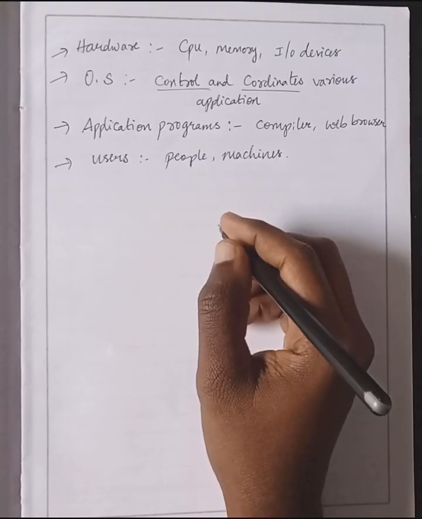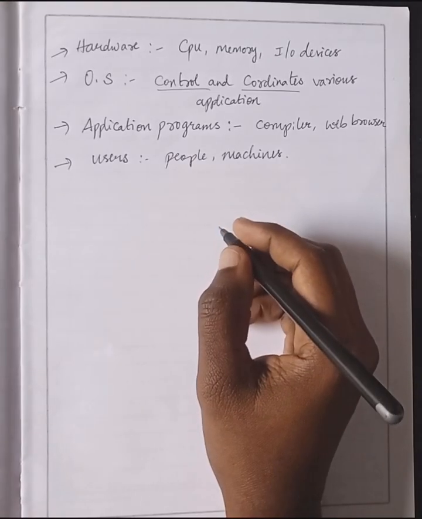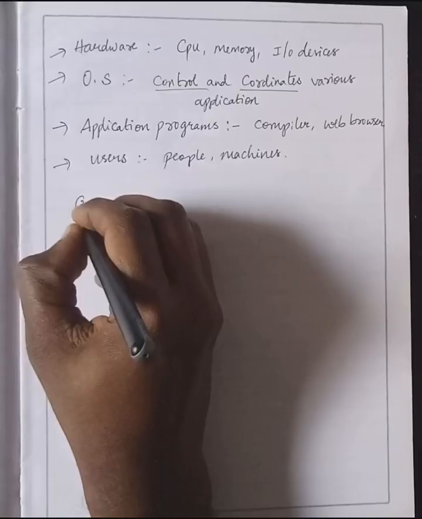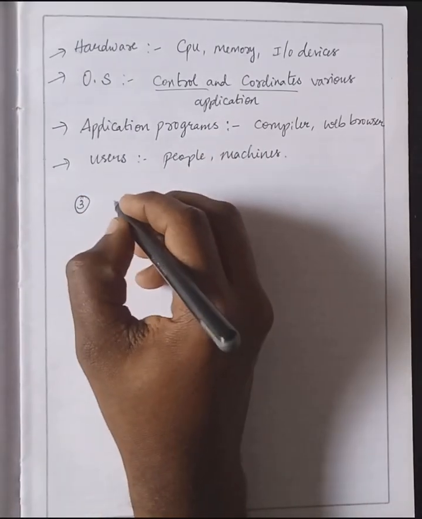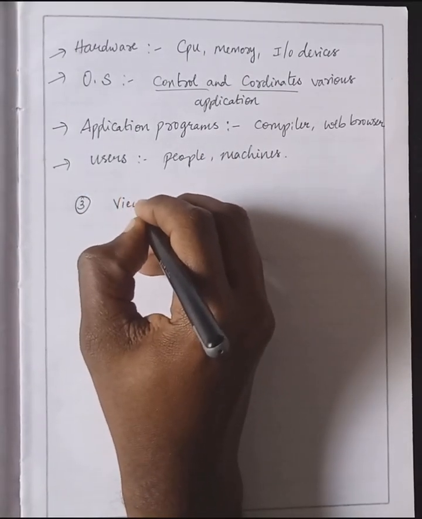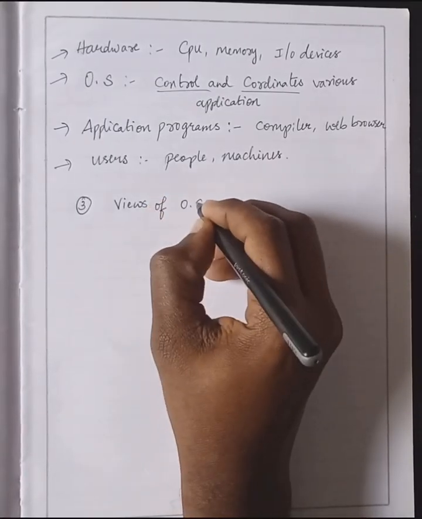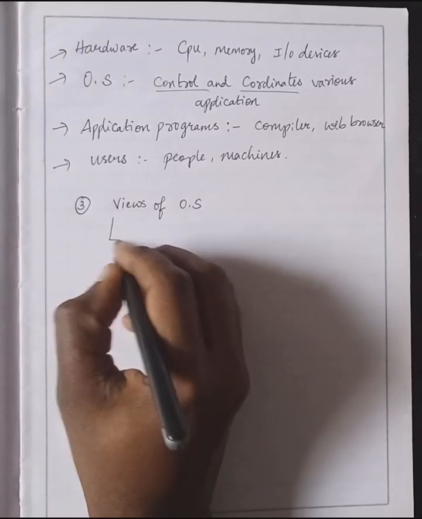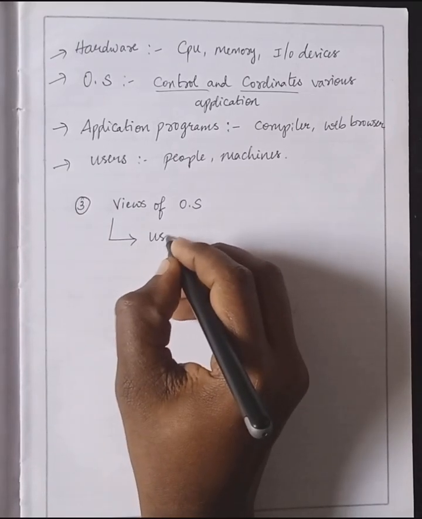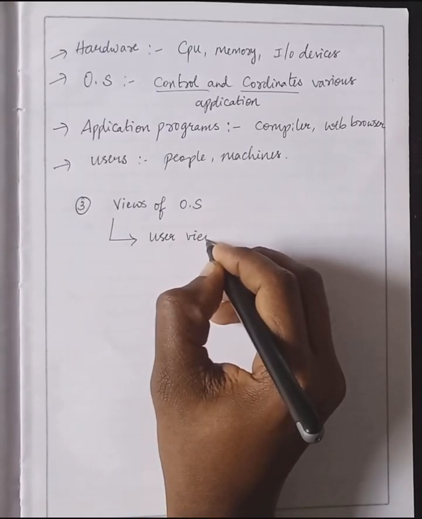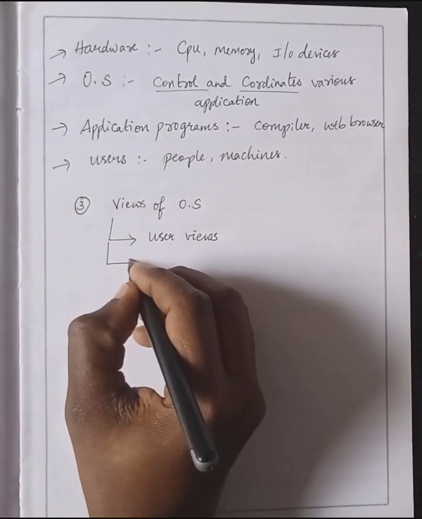Then comes the third topic. Now we'll go into the third topic, that is views of OS. In the views of OS, we have two views. One is the user view. Another one is